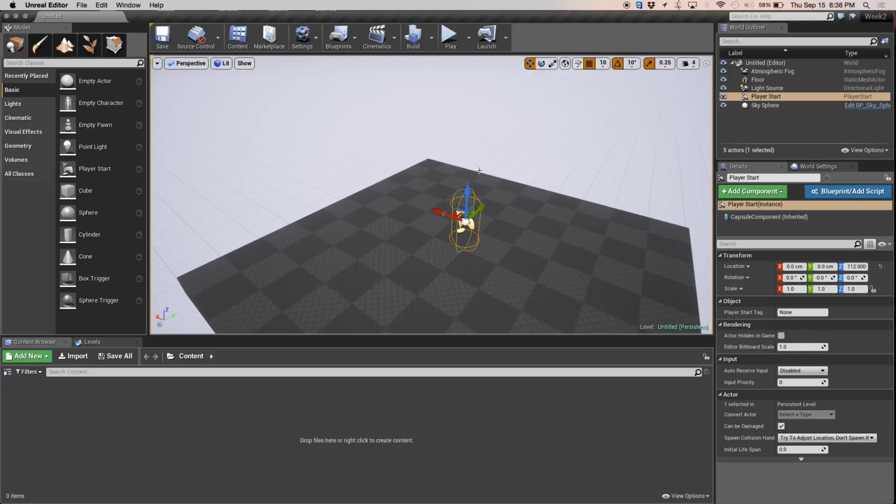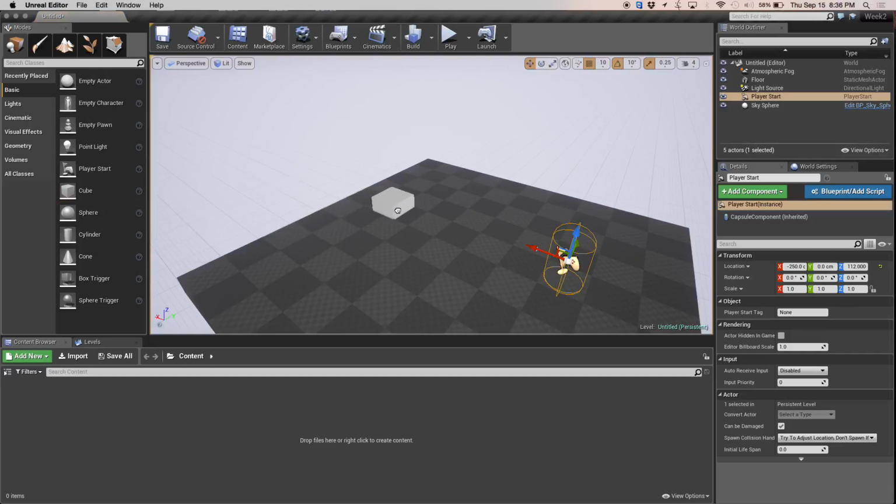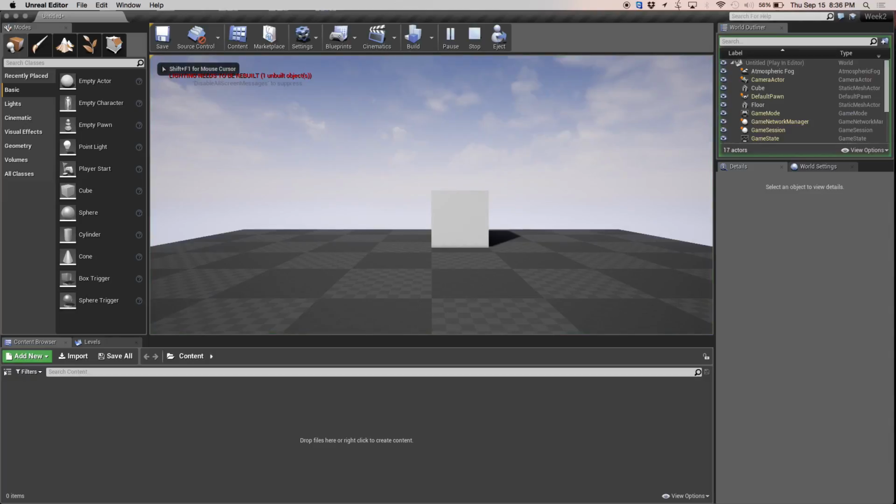In this instance, we really can't see anything for reference. I'm kind of moving out of the way. Over on the left side, we have a bunch of things that are built into the engine already. I'm just going to take a cube out, and look at that. It's in my space. I'm building things. And if I go up to the top and hit play, I now see that my player is looking at that box. Does that make sense?